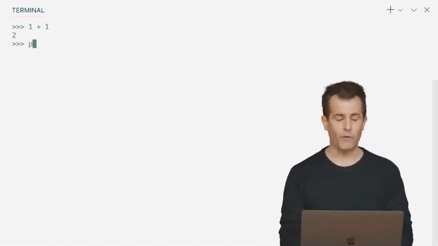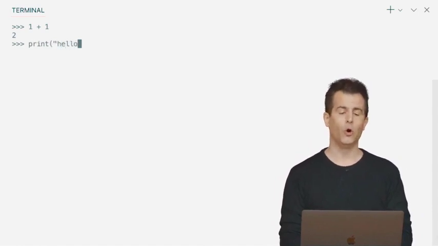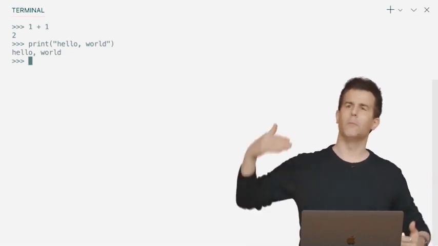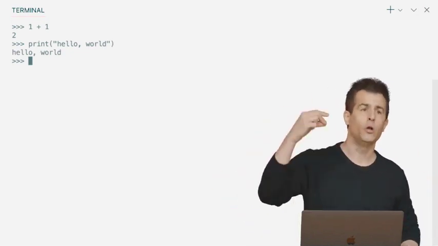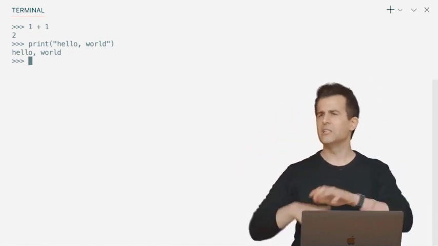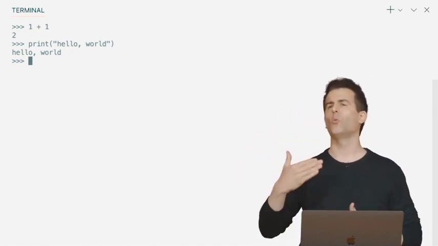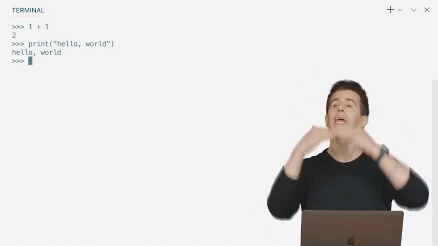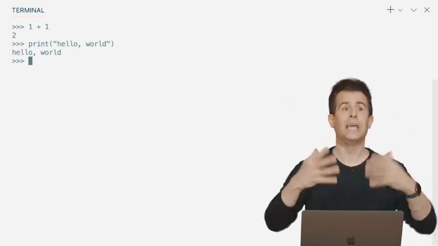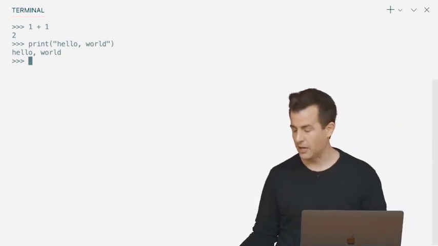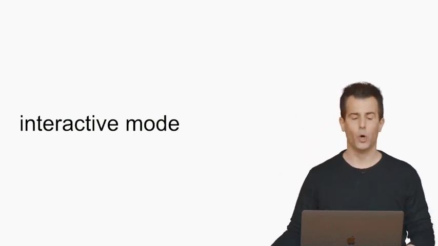But I could do other things too. If I want to print to myself hello, world, I can also print out that line of code there too, hello world. So it's interactive in the sense that the moment you execute a line of code, boom, you see the result. We're generally not going to do that because at least when teaching the language, we tend to want to do things incrementally. And we want you to be able to see where it is we came from. And we want to be able to try things again and again, especially if we make mistakes. But know that this is indeed a feature of Python, this so-called interactive mode.